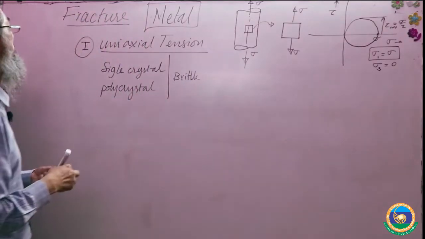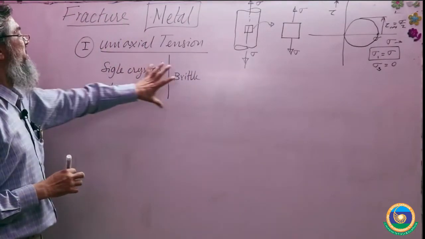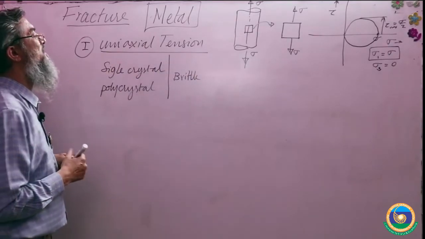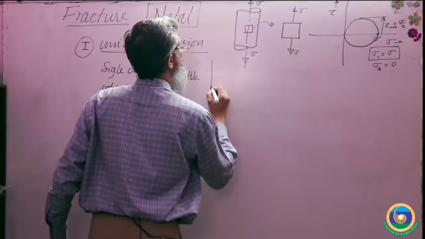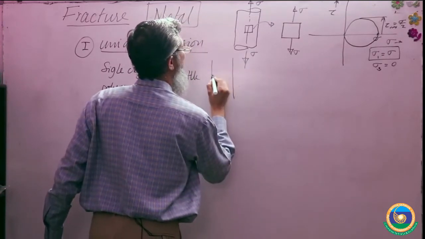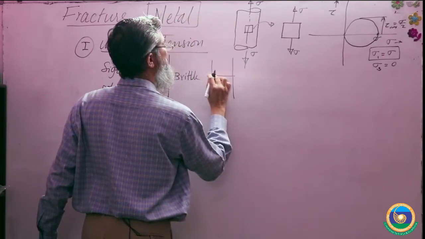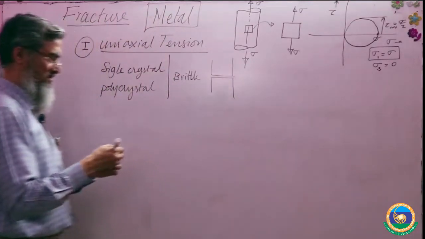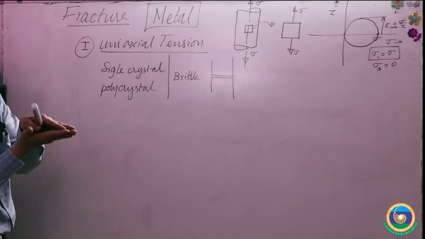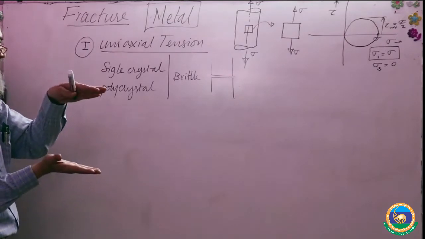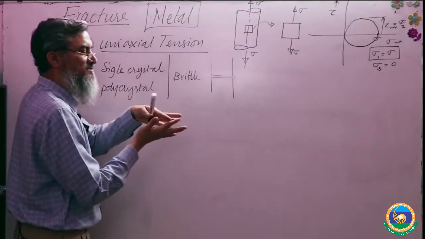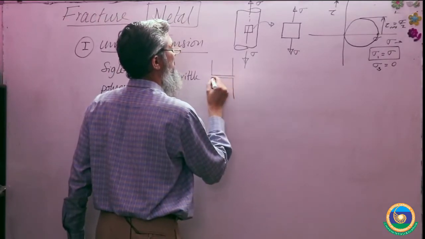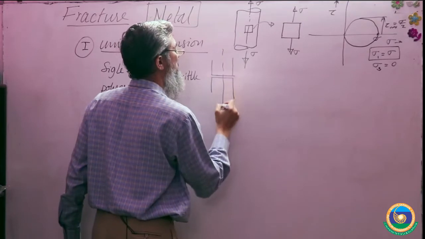How does brittle fracture take place? If the nature of fracture is brittle and it is a single crystal or polycrystal, suppose this is my crystal, when it fractures, it is a flat fracture like this into two parts, right? If it is a single crystal, there will be a facet available which will shine, and if it is a polycrystal, then the gross direction of the crack will be 90 degrees to the